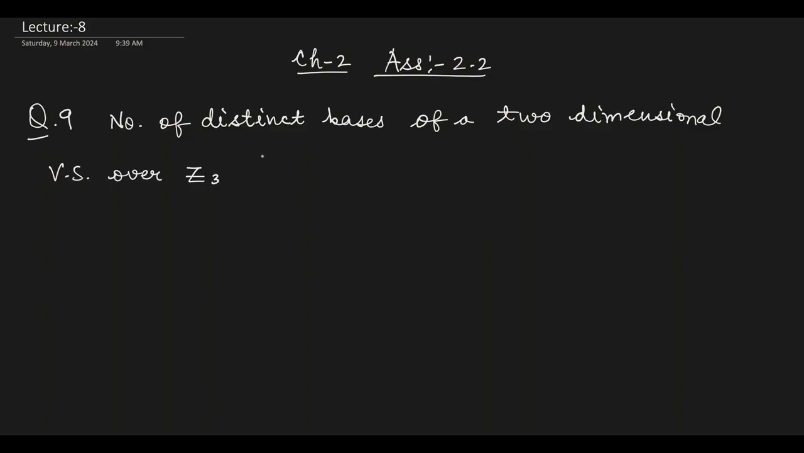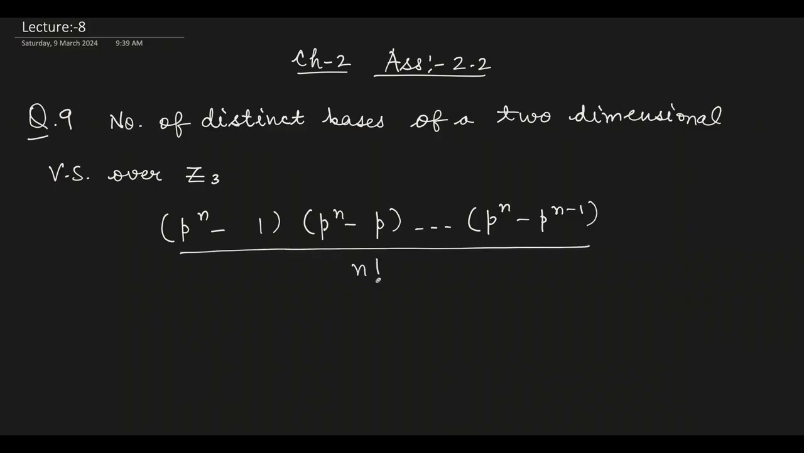So whenever I am asked to find the number of distinct bases of an n-dimensional vector space over Zp, the formula is (p^n minus 1)(p^n minus p), and so on till (p^n minus p^(n minus 1)), divided by n factorial. Now here n denotes the dimension, so the dimension is 2 here, and